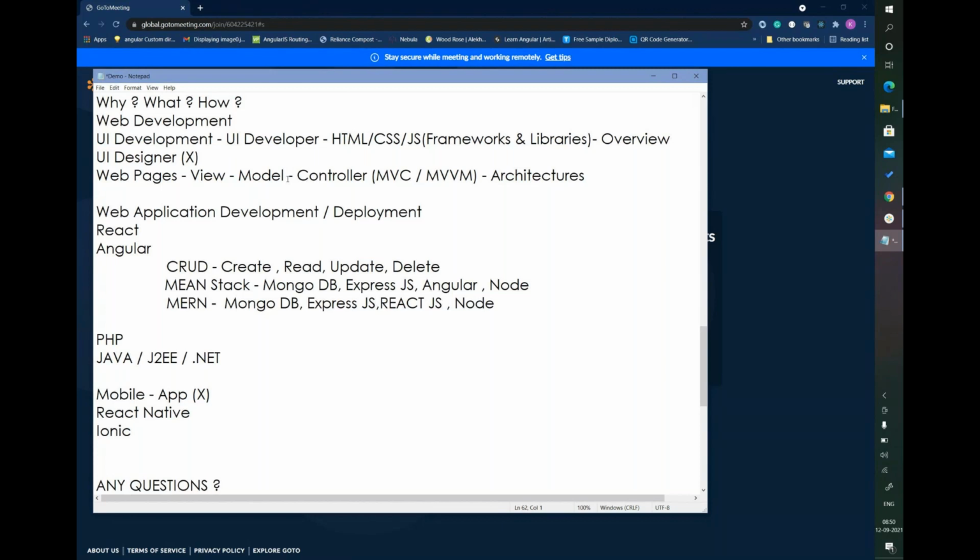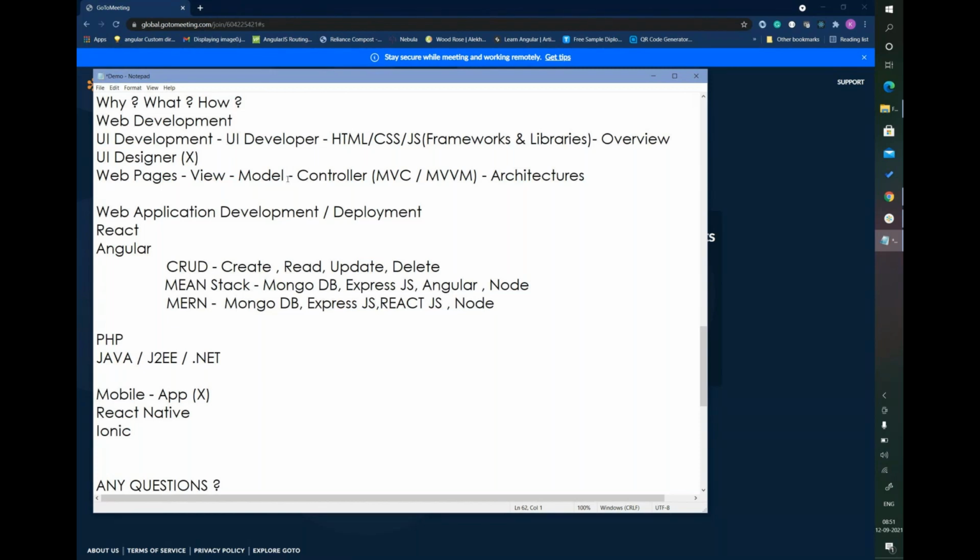And basically, we will be making use of web pages, and we'll have some architectures for this. As we are talking about SPA, single page application architecture, and we can have the familiar architecture called MVC, which is model, view, and controller. And Angular will be following MVVM, which is model, view, and view model. So like this, we will have different architectures and different design patterns to implement our application. We will also talk in an overview about all these design patterns and architectures.